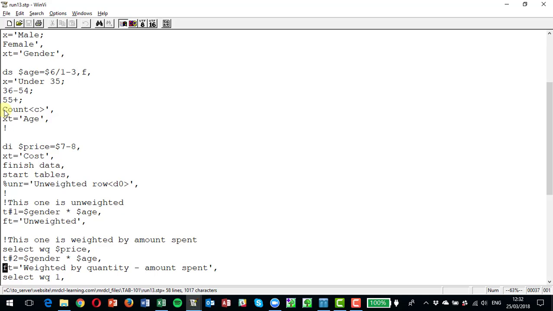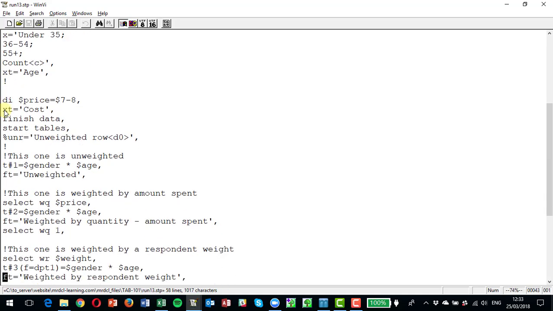So it's a quantity table, and we're going to get that by selecting WQ dollar price and doing the table after that. It works rather like the way a format option works, that variable price will be used to weight every table by the quantity until we turn it off. And indeed we'd actually turn it off straight after this table with select WQ1, which sets it back to the default 1, so that it actually is having no effect, or it'll just be respondent based from there on in, unless it's another select WQ, of course. So select WQ means I want to weight the table by price